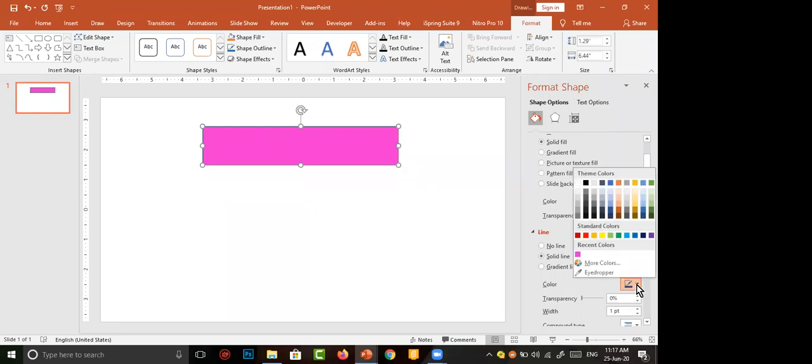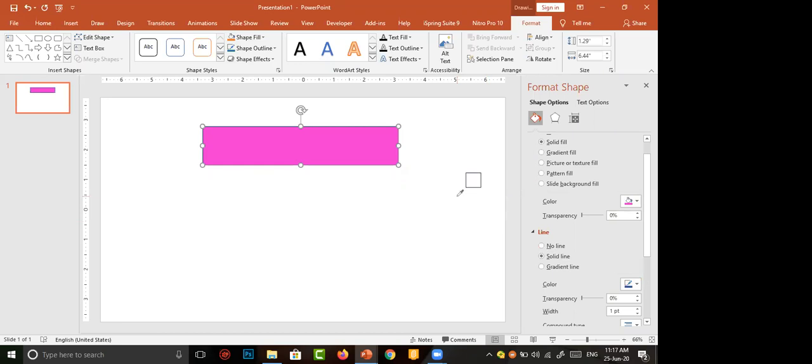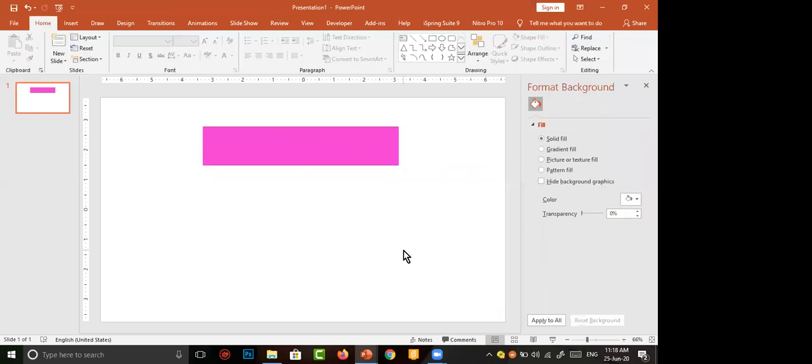I click on the color in the line. I want the same color which I have applied for fill. Here it is. So I can choose this. Otherwise, we can move to eyedropper. Click on eyedropper. If you come to the slide area, the shape of the cursor changes. Suppose I move this cursor, whatever color I want, if it is present in our slide, just click on it. So the line color also changed to the same as the fill color. It is one of the ways. Many options are there.